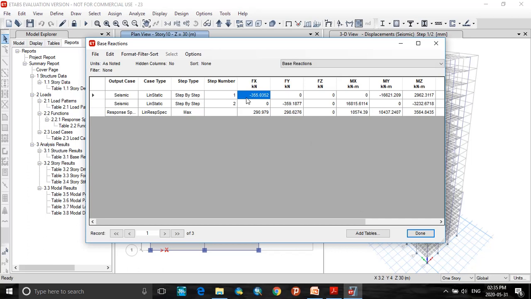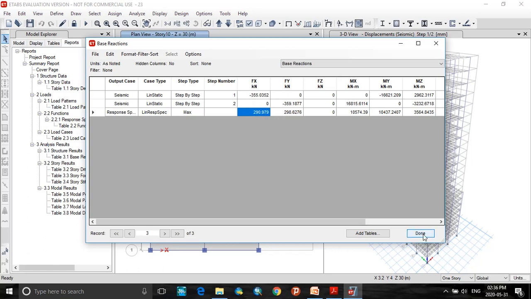So here for response spectrum, I find the base reaction as 290 in the x direction and 298 in the y direction. So this is the base shear value. With static analysis, the first method, it gives me a higher value, that is 355. For response spectrum we have the value as 290.